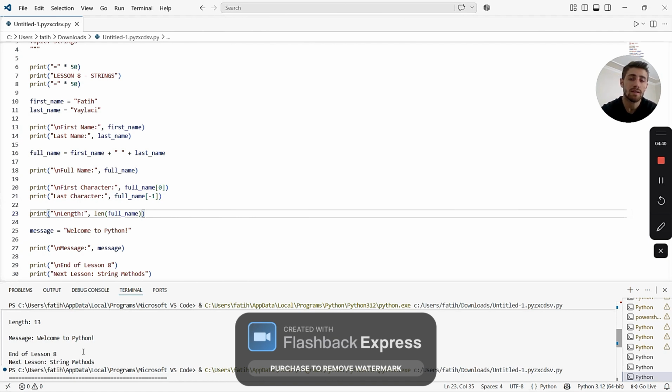The program creates two string variables and displays them. Then it combines them into one string called full name. Next it prints the first and last characters using indexes. Finally it counts the total number of characters with the len function and displays a welcome message.